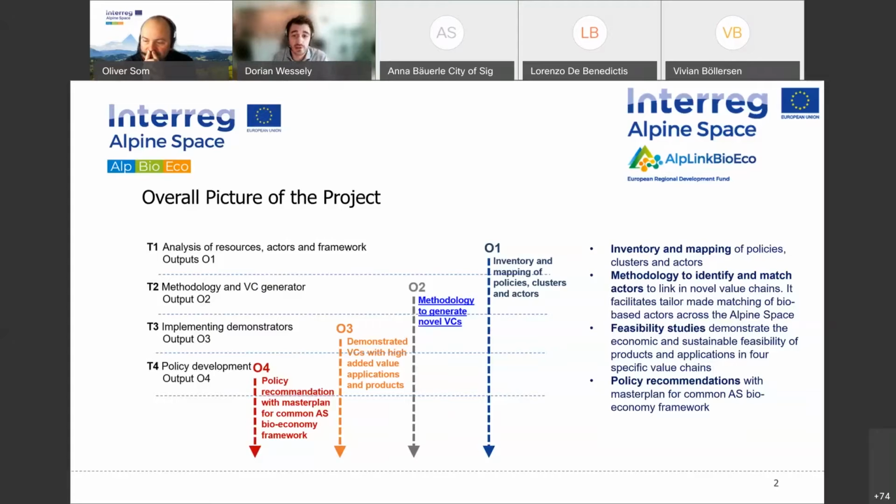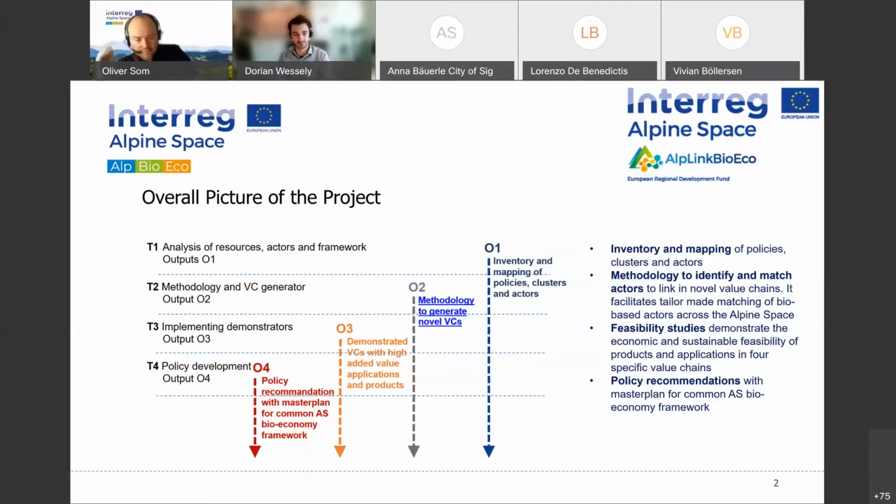We started with doing some research on existing clusters, existing value chains, existing actors, and existing policies, as is usual in Interreg projects, to get an overview of everything that's here and that might be developed in the whole project. And then, which is also very interesting for you, I think, we developed together with the Swiss colleagues the so-called value chain generator, which is also a database available for stakeholders of the bio-based sector, but it's also a very interesting tool to try out and to generate value chains that have bio-based materials and that were developed after we switched from fossil-based